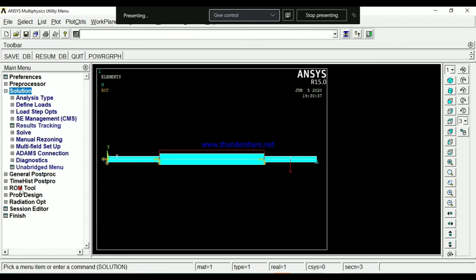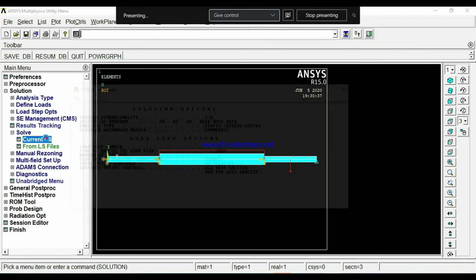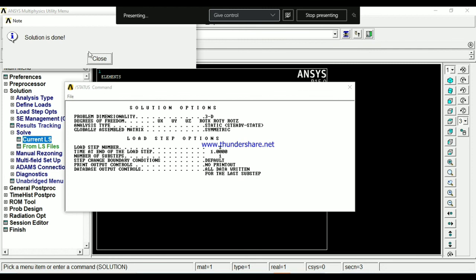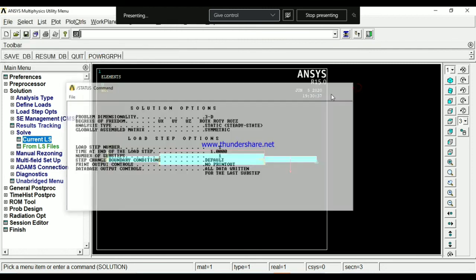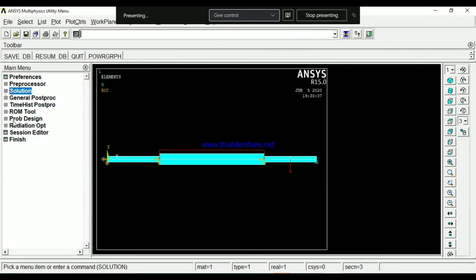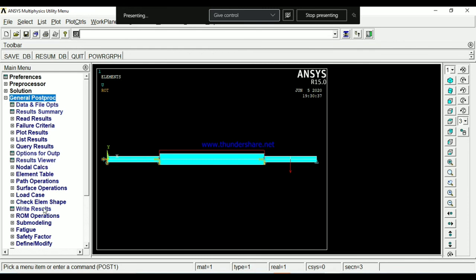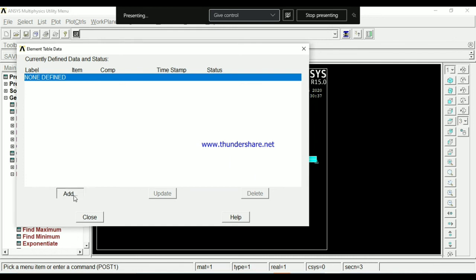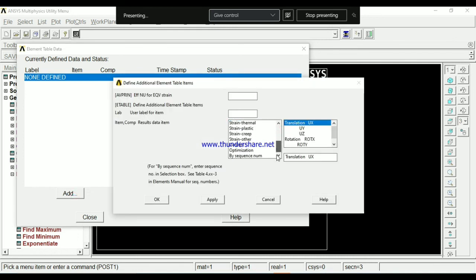Then go to Solution. Once again give Solve, current linear solution. Okay, solution is done. So now we are entering the general postprocessor. First we have to create the element table data. Go to Element Table, then Define Table. Similar to the last problem, whatever sequence is there, because the element type is BEAM188, the same codes are used here. 2, apply.